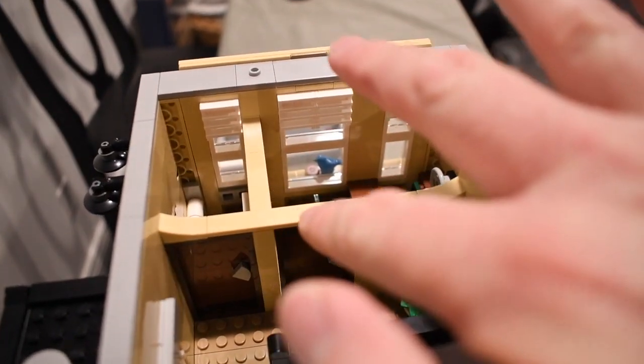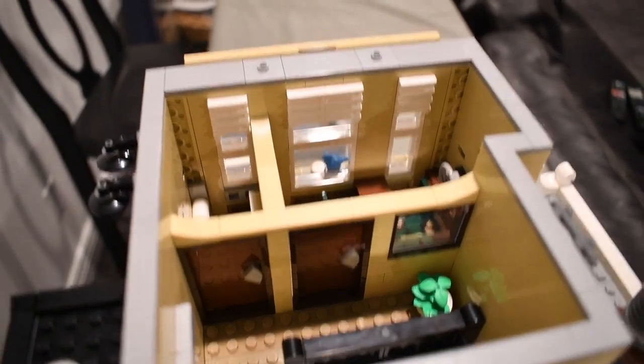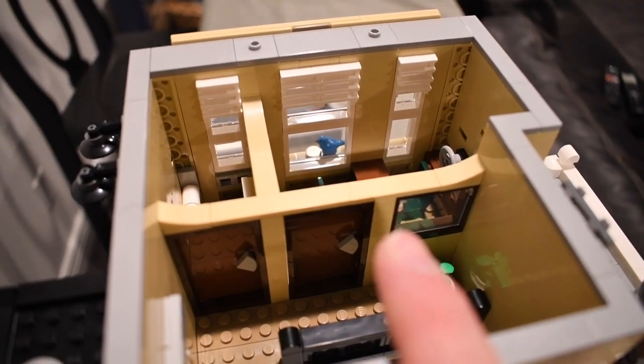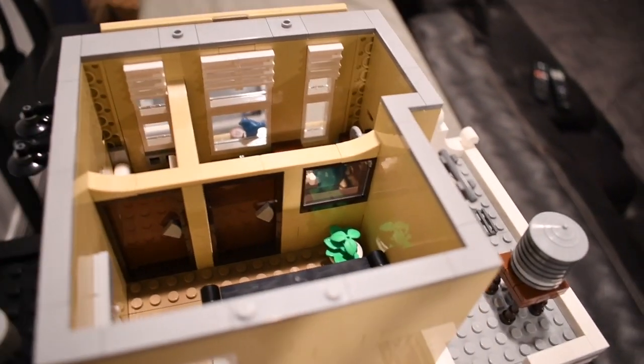Take off the roof here. I found it really interesting that they did these walls lower right here so you can more easily see into each side. This is the first modular build that I can think of that has done that. And I think it's quite nice because it does make it a lot easier to see, even though that's not what the building would look like